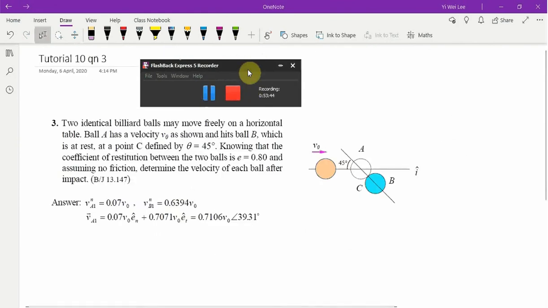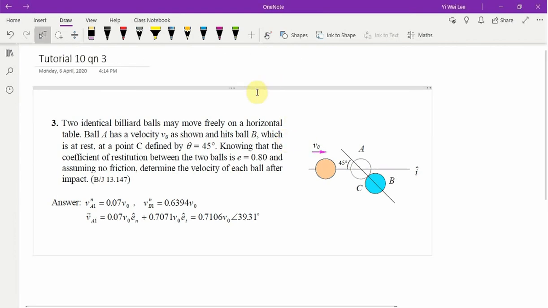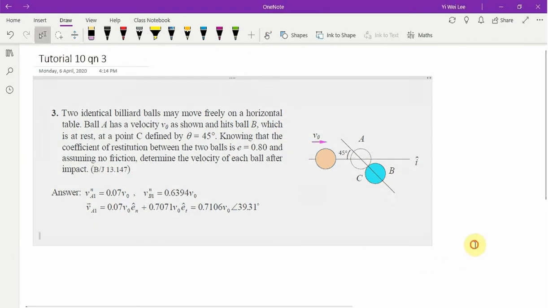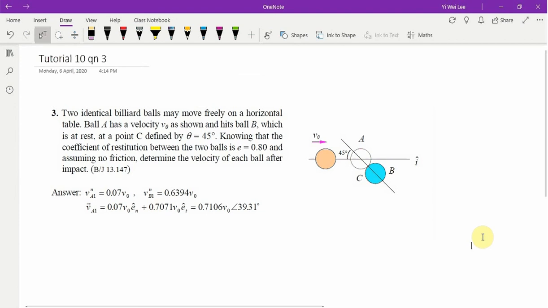Okay, so let's go to tutorial 10, question 3. I think my explanation of the previous question was a bit fuzzy, so I hope that I can make it up to you in this explanation now. So in this question, we have two identical billiard balls which may move freely on a